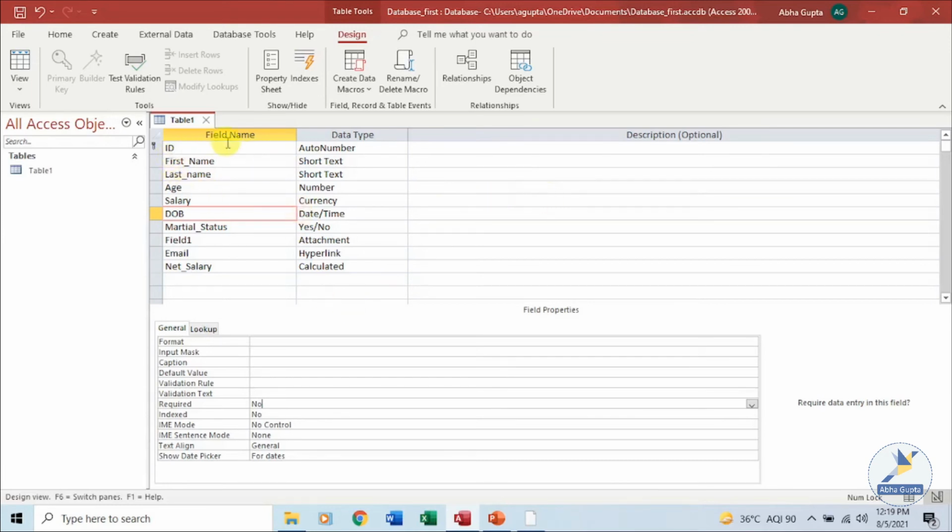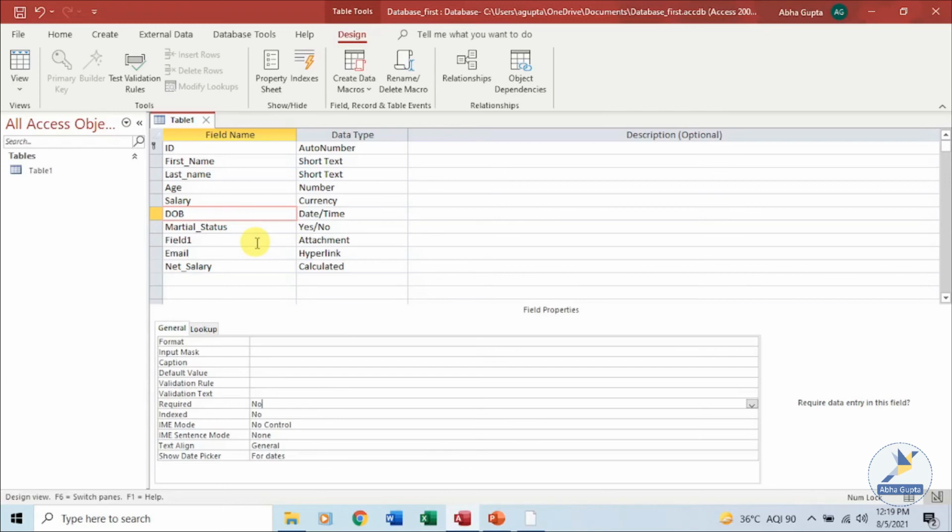Now let's discuss what is a primary key. Here in our table 1, if you look on the left hand side of the ID, you can see a small key-like icon. This is your primary key icon. Now a primary key is a column that contains values that uniquely identify each row in a table. So for example, over here I want that each employee should have an employee ID and it should be unique.